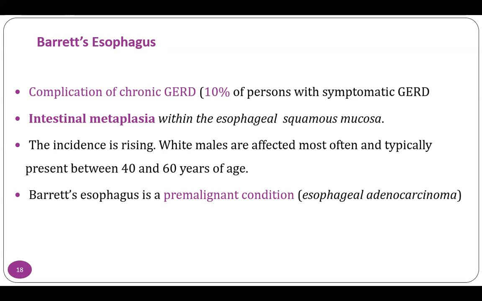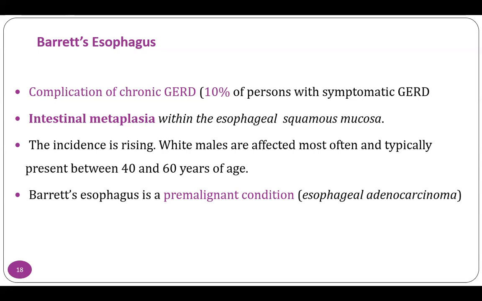So the transformation of the squamous epithelium into a columnar epithelium with mucin producing what we call goblet cells. The major cell producing mucus in the intestinal mucosa is the goblet cell. So usually in Barrett esophagus, the mucus producing cell is the goblet cell. So Barrett esophagus is a pre-malignant lesion because it causes